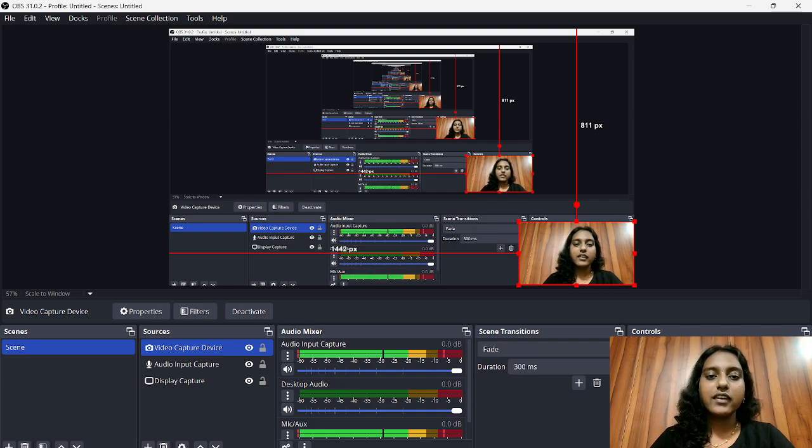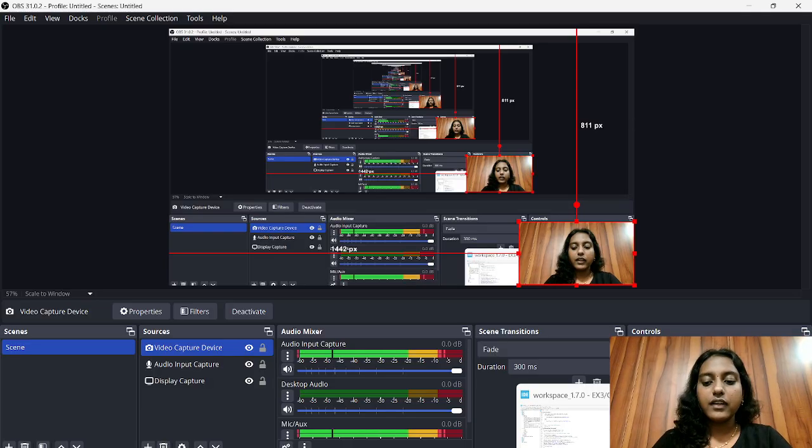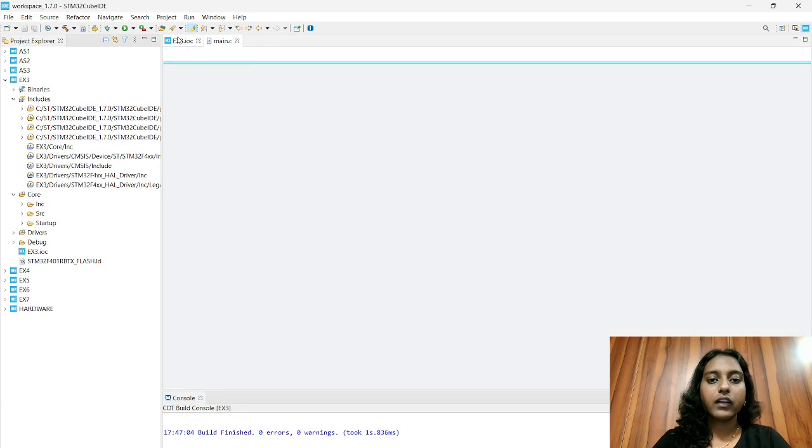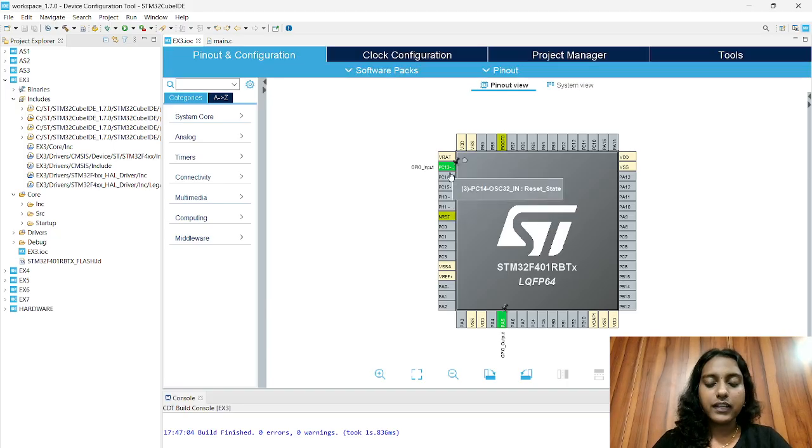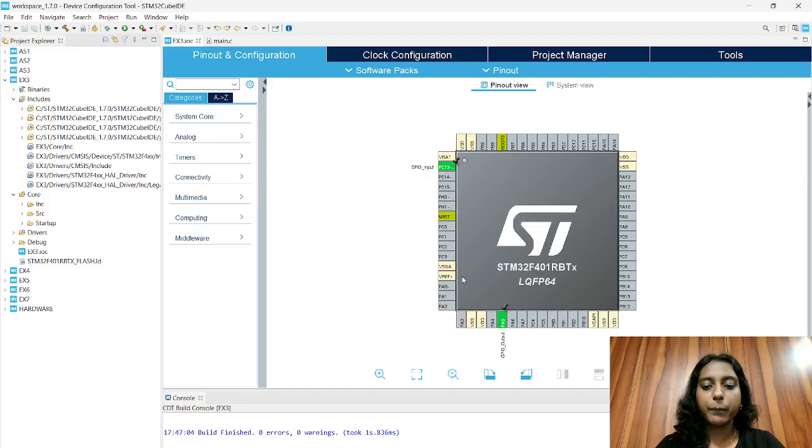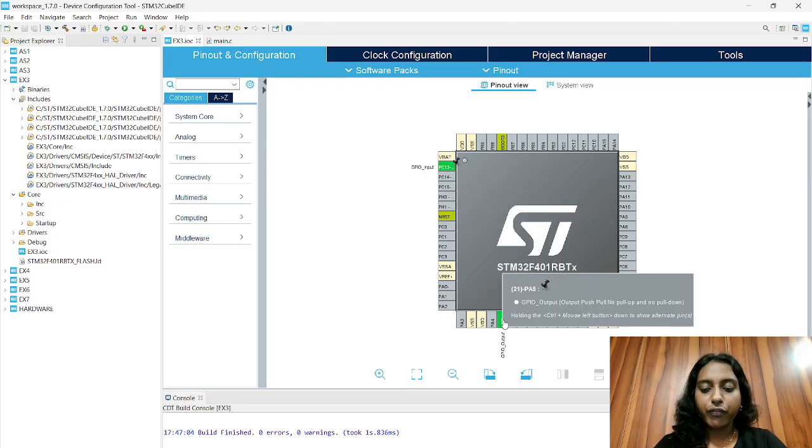Hi everyone, let's see the simulation of push button and LED with Proteus. Let's create the IOC file, make PC13 as the input state, and it should be in pull up mode, and make PA5 as output